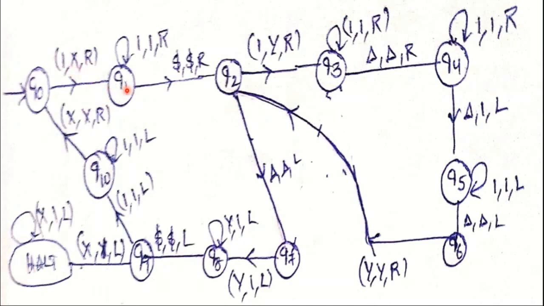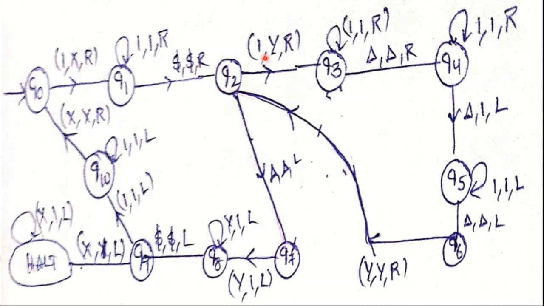Whenever we are moving right, in this process we may read a number of ones, that means variable a may be 2, 3 and so on. So those ones can be skipped. We should not perform any marking, so 1 stays as it is and then move right. After completion of all ones from a, we read the dollar, which is the separation between variable a and variable b. When we read the dollar, there is no change, so dollar stays dollar and then move right.